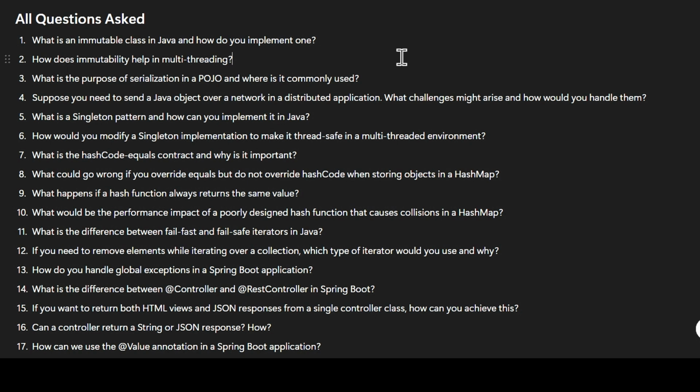What is a singleton pattern? How can you implement it in Java? So singleton means only one instance. Like we have to create one class, and we have to do some settings, or we have to make a class in that manner. So only one instance of that class can be created. Let's suppose there is a class called person,